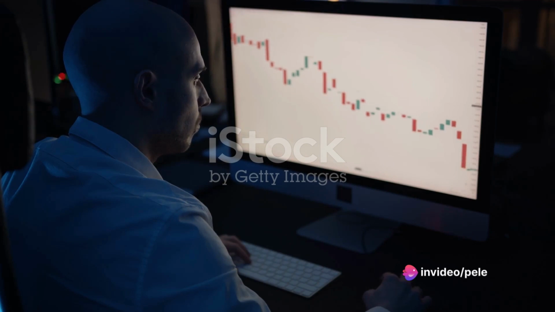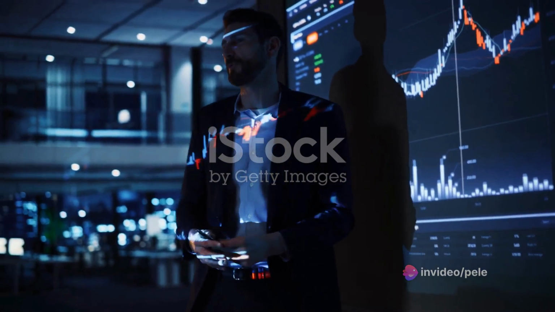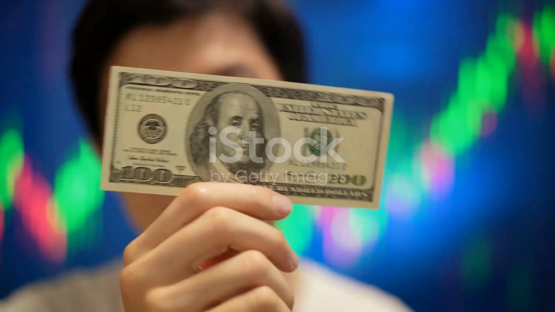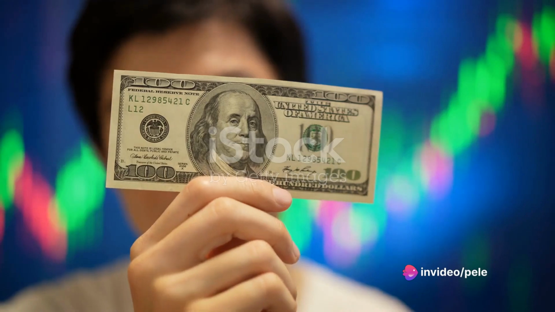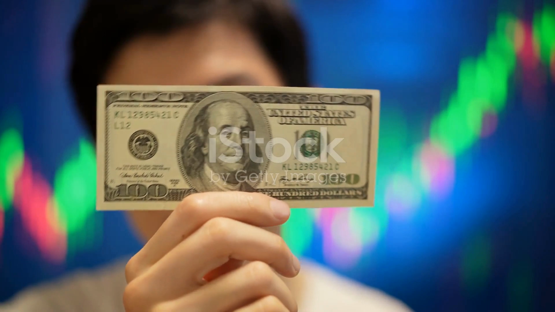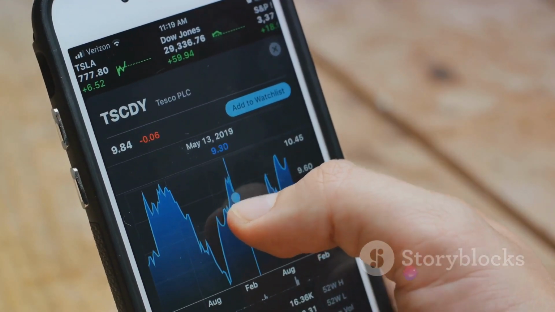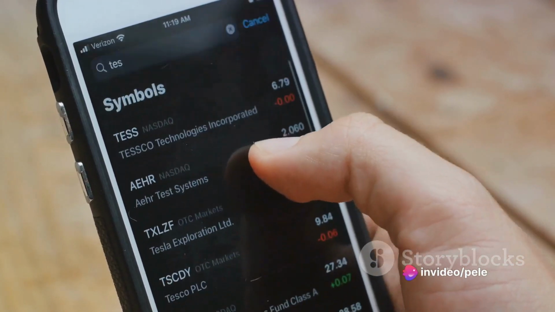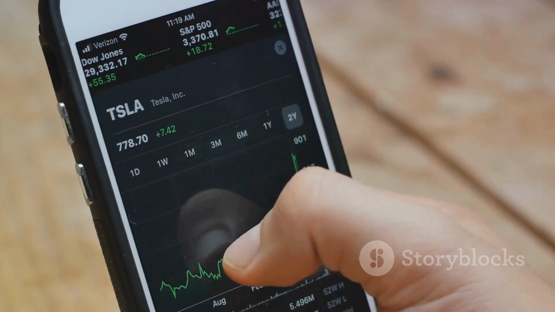So how does a rise in Treasury yields affect the economy? Well, it's a two-sided coin. On one hand, rising yields can be a sign of an improving economy. On the other, they can lead to higher borrowing costs, which can put a damper on economic growth. Let's break it down. Treasury yields are essentially the interest rate the US government pays to borrow money for different lengths of time. When the economy is doing well, investors feel more comfortable putting their money in riskier assets like stocks. This reduces the demand for treasuries, causing their prices to fall and yields to rise. So, in a way, rising yields can be viewed as a vote of confidence in the economy's health.